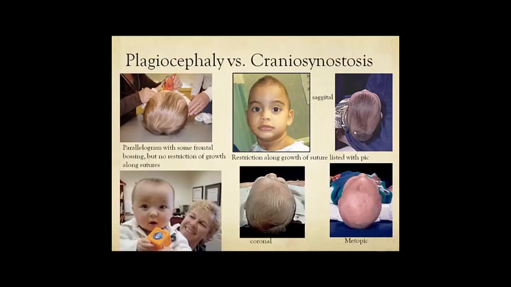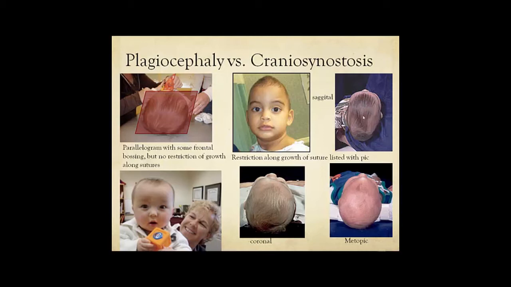So here I've included some pictures of a kid with plagiocephaly and a couple versions of craniosynostosis along different suture lines. Here we see that parallelogram shape. So some frontal bossing, but overall good head growth, just in this slightly different shaping. Here's a picture of the scaphocephaly, the sagittal suture. You can see a sort of cranial ridge at the top of the head, and on the picture off to this side you see how the head is growing lengthwise, but not really growing out along where the sagittal suture